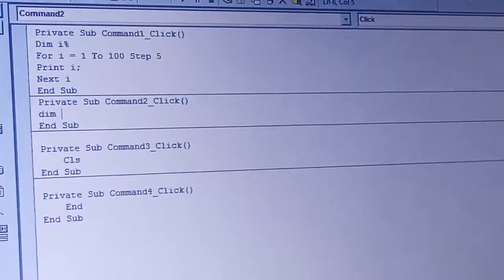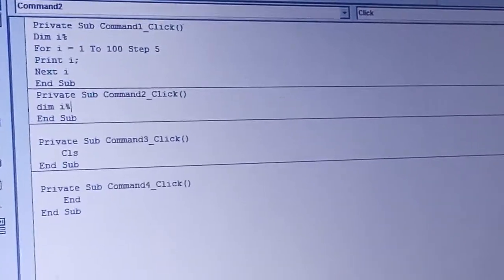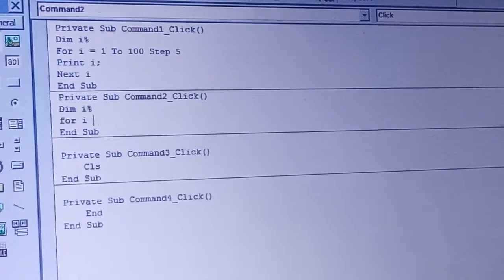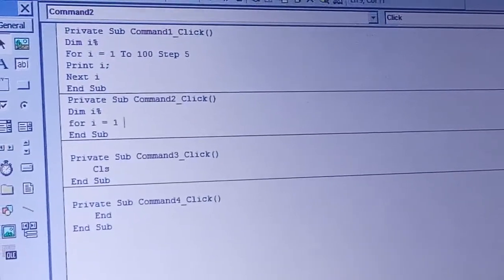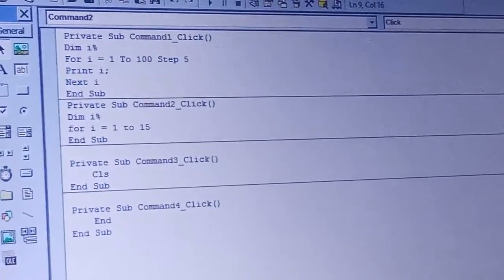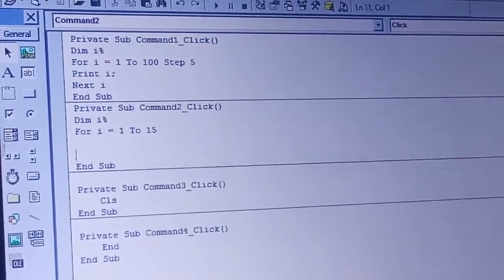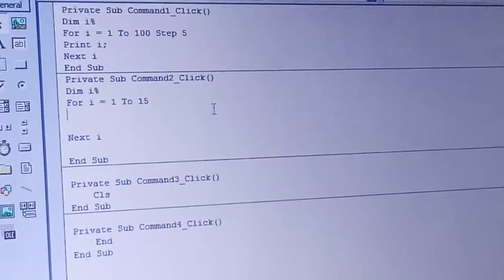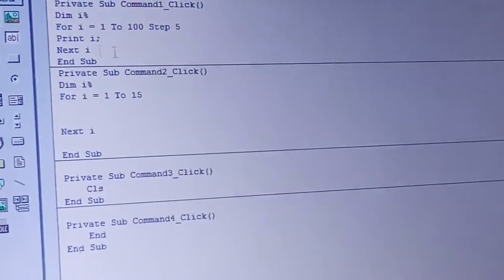First we declare a variable I. For I is equal to 1 to 15, right? Next I. So in between I have to write code in such a way that I'll be able to generate the series.